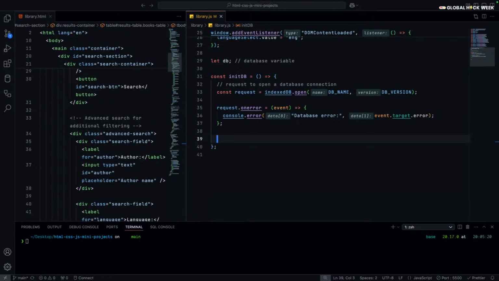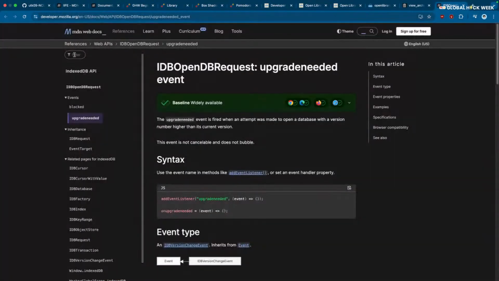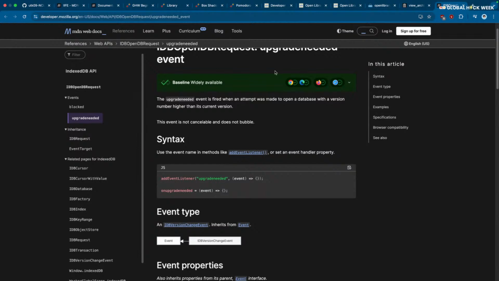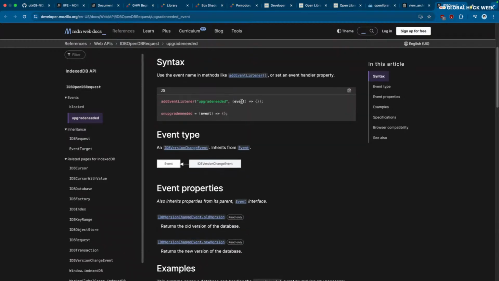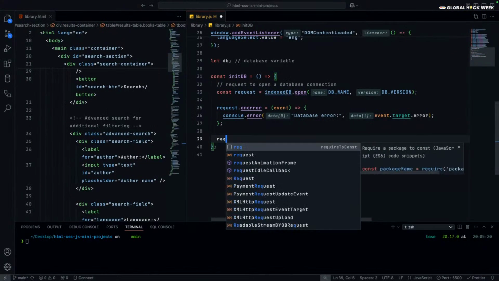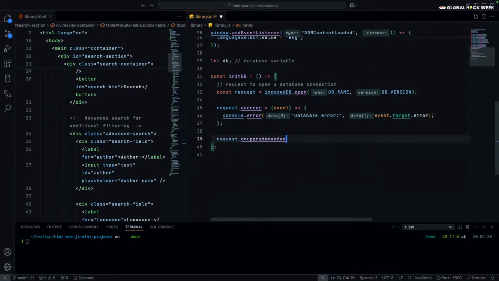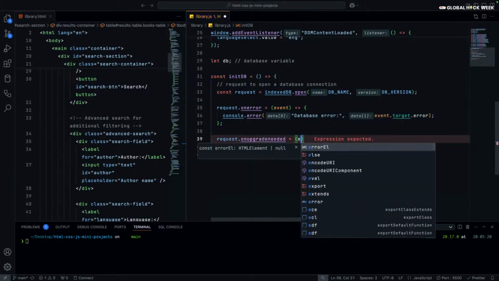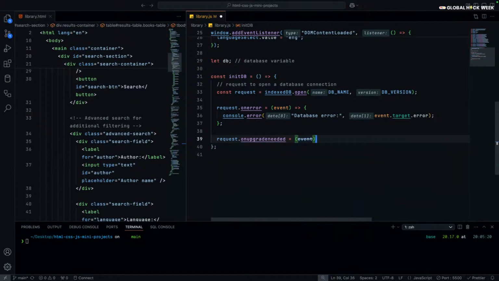Okay, now the next thing that we want to focus on is called onupgradeneeded. Upgrade needed is fired when an attempt was made to open a database with a version number higher than its current version. In our case, we will use this to actually create the database if it does not exist. So let's do that. We'll say request.onupgradeneeded, event,